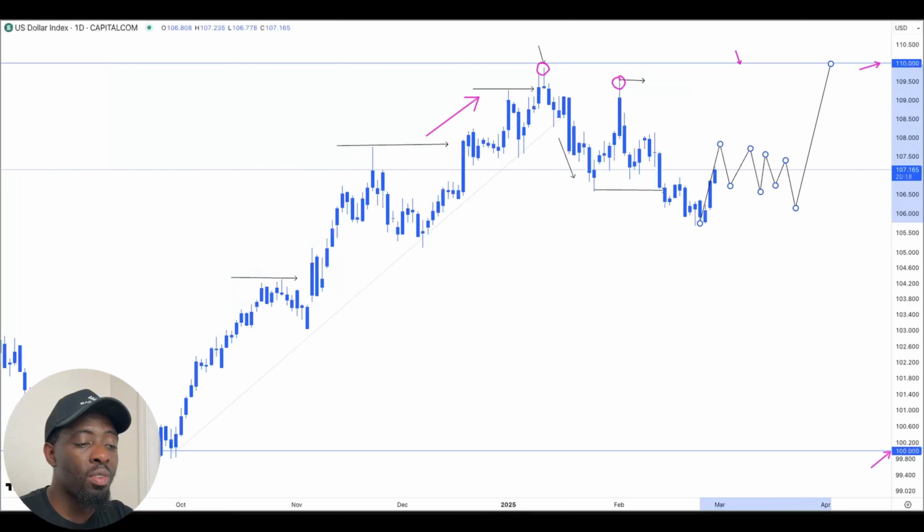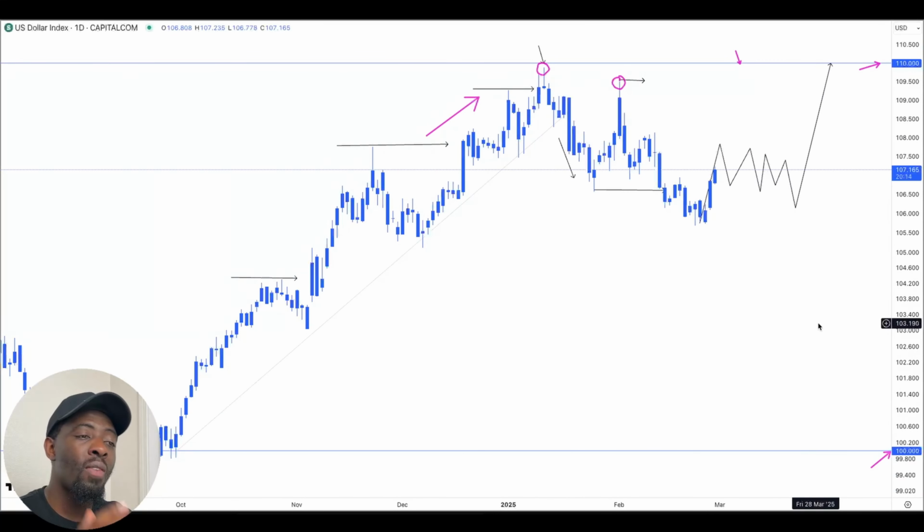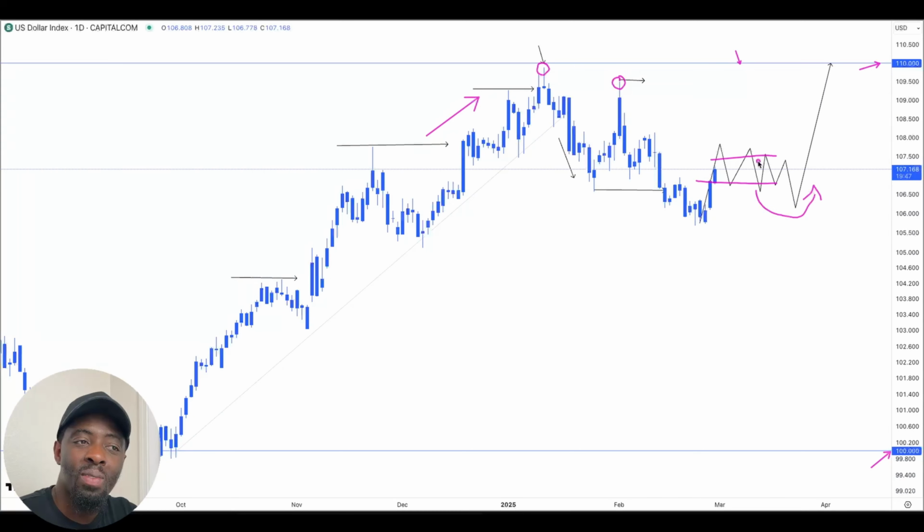So on the daily time frame, I'm going to keep it fixed on the daily time frame. This is what I'm looking at on the daily time frame. Once you have this structure on the daily time frame, and you can tell price is going to consolidate a little bit, I'm looking for this consolidation, this inability for prices to drop to the downside. Once I see that, then I'm expecting prices again to move to the upside. So coming into next week, in as much as I'm expecting this massive movement to the upside,